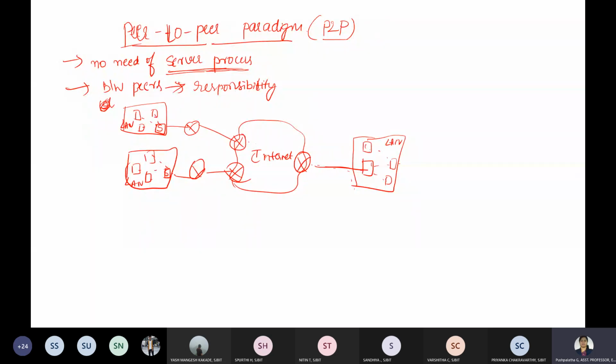One of the areas where this paradigm is really helpful is internet telephony.